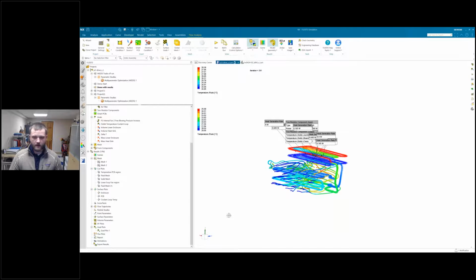Lastly, within this little environment here, we can also export results. Maybe we need to look at some stresses in that little heat sink, or I should say radiator. We need to make sure that we're doing okay with that. So we can export these to a structural solution or to some type of external viewing if we have something else we want to look at, special rendering or something like that. So lastly, one of the things I mentioned earlier was the package creator. We'll just take a quick look at that before we jump out of this. And I'm just going to hide these.